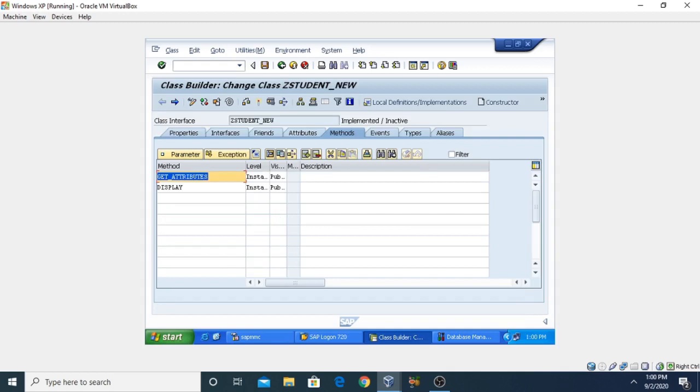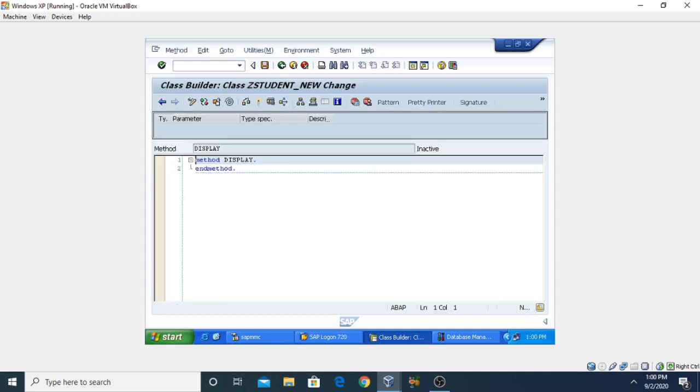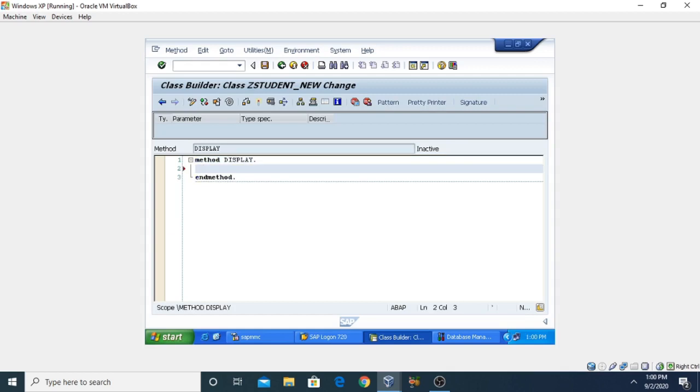Now come back and give the display method definition, in which I am going to write a write statement. Write student name is mb underscore name.